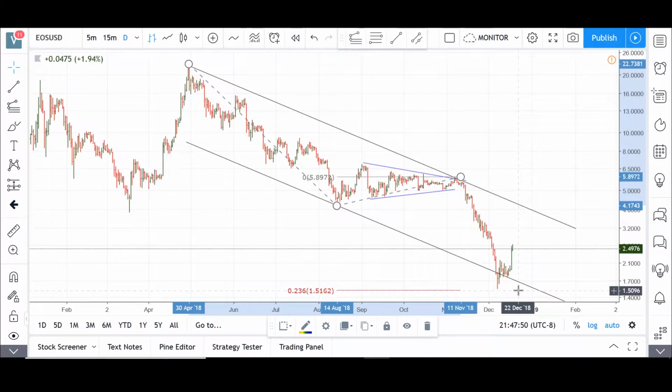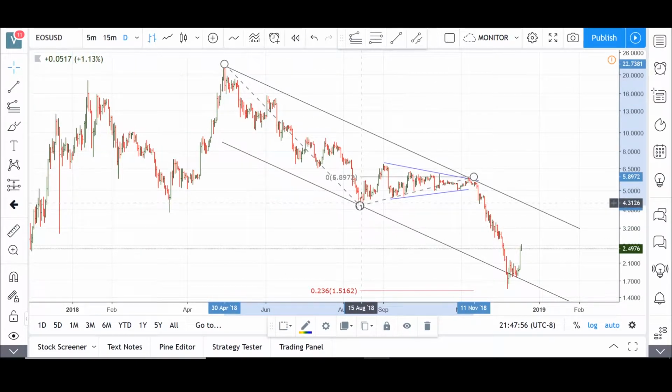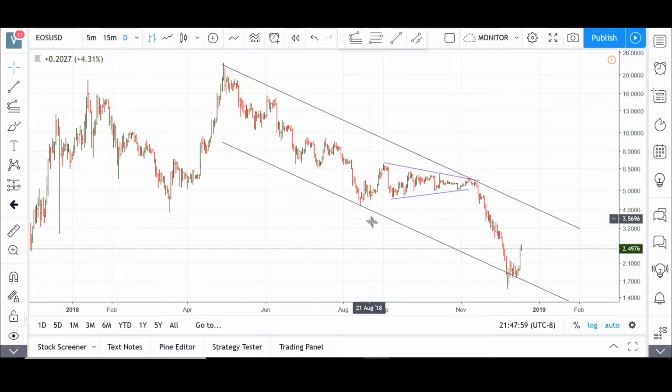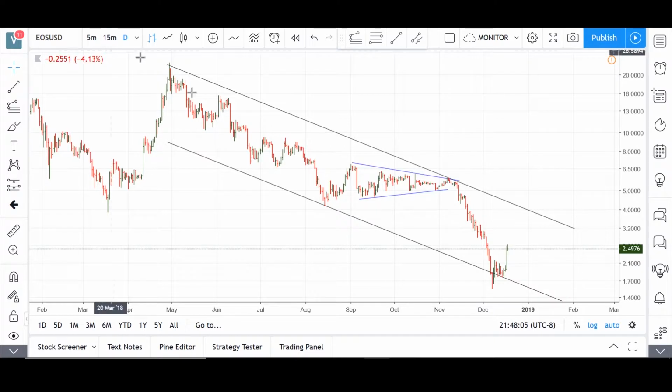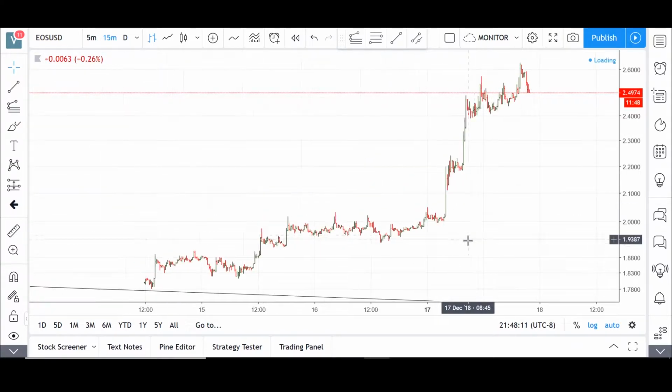extension, and here we go, 0.236 extension. So you can see that I've drawn it in front of you so that you can understand how I drew that extension. So this is potentially an A, B, C pattern. Now, if this suggests that there is some sort of support coming in right now, then my thinking is that this low here, let me zoom in a little,